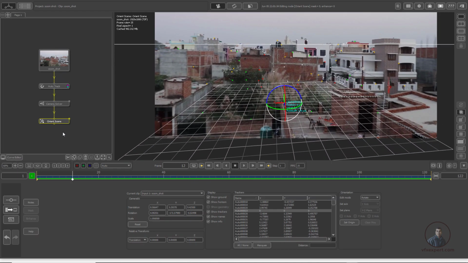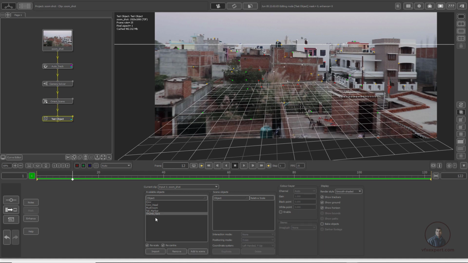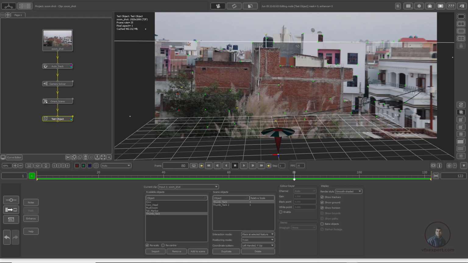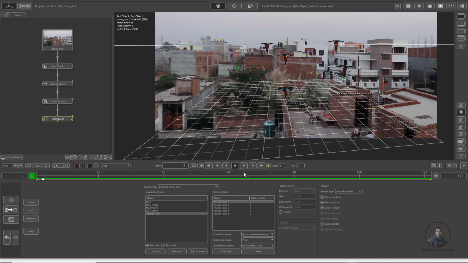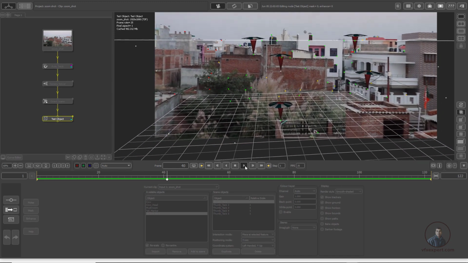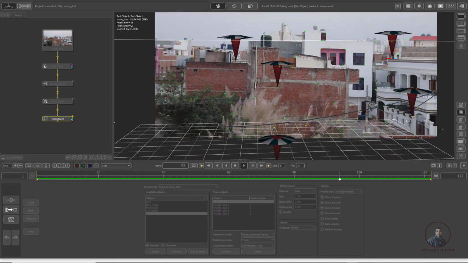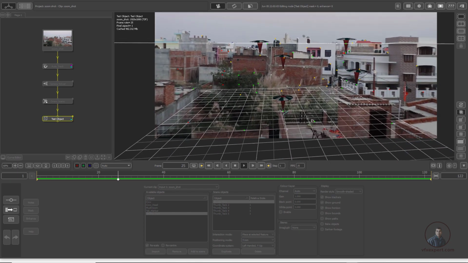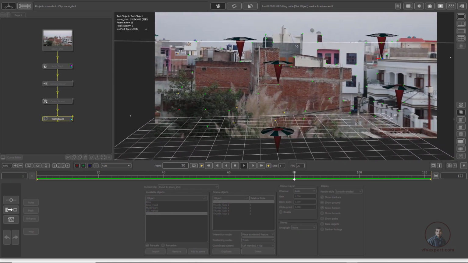Then after this just create some text object. Again simply right click, geometry, and text object. Just for testing purposes, take this marker, uncheck this recenter and add to scene. So here I have created the first one, then click on duplicate, then in interaction mode we can select selected features, then we can select many features here. So now if you see here, all our markers are placed in their perfect positions here. So this is looking good here.